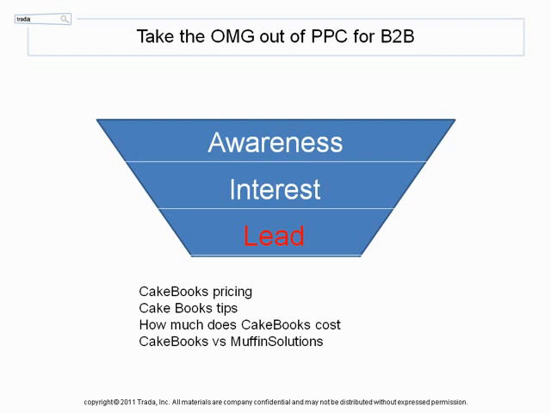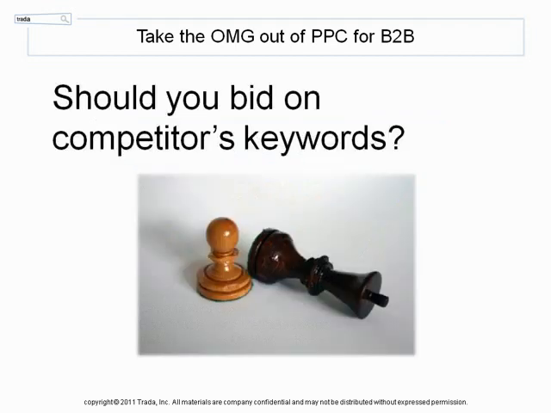One clever company we saw had built ad groups around their competitors' terms and then landing pages showing the comparisons between the two, while managing to keep all the copy relevant. So if you're not bidding on your competitors' keywords, they're probably bidding on yours. So that's something to remember.